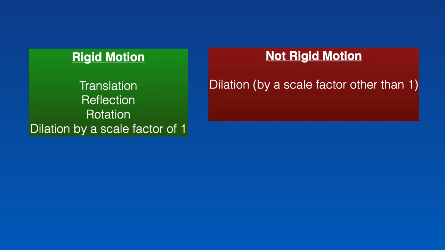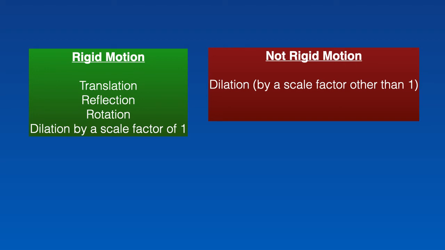The detail is this: a dilation by a scale factor of 1. That means that you're multiplying either the x or the y coordinates or both of them by the number 1. If you multiply by the number 1, everything stays the same. So you gotta watch out for that. If they're dilating by a scale factor of 1, the pre-image is gonna stay the same size, and therefore it